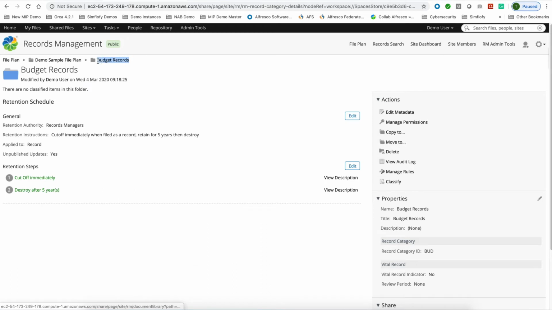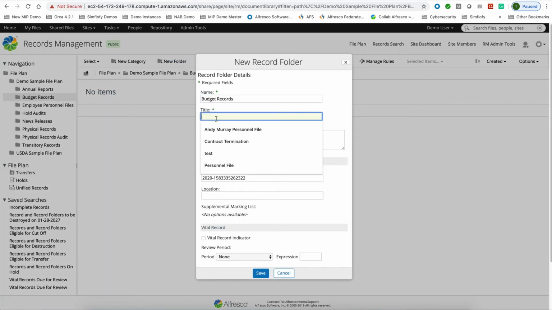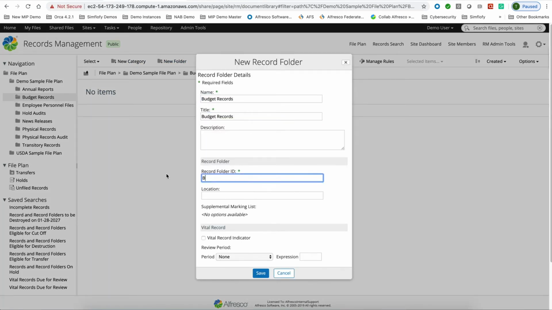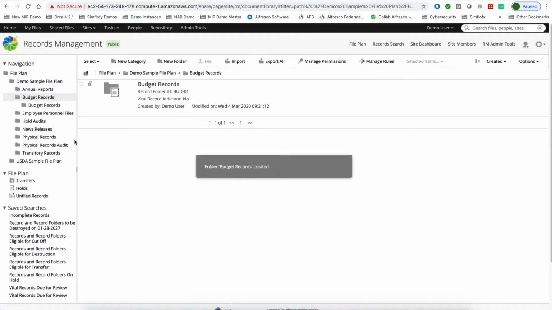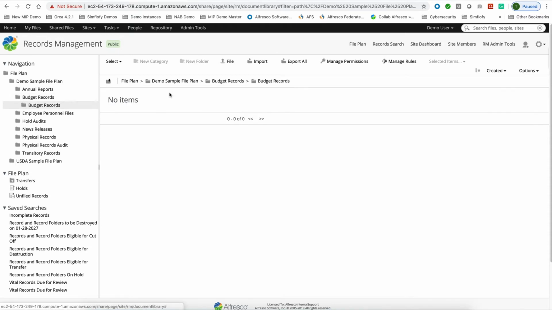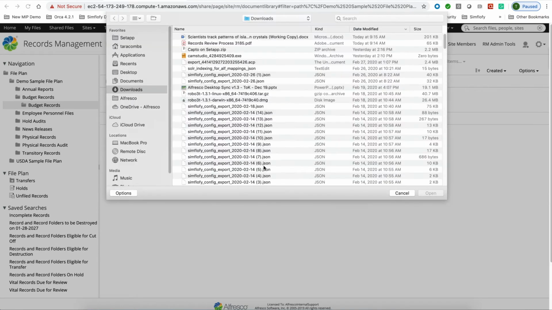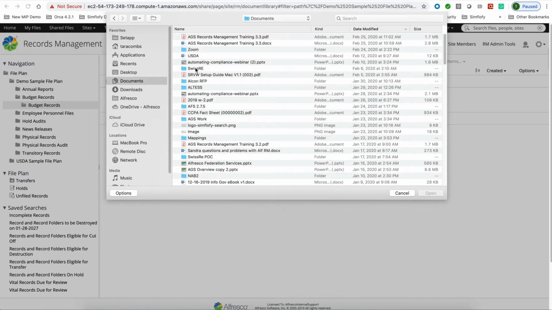Ultimately, records are filed in a record folder. So we're going to create our record folder now. Again, we can let that ID be generated, or we can just create our own record folder ID. So now we are ready to file records into the record folder. Again, this can be done from a collaboration site, or we can file directly from the records management site as well. So if we just grab some documents here,